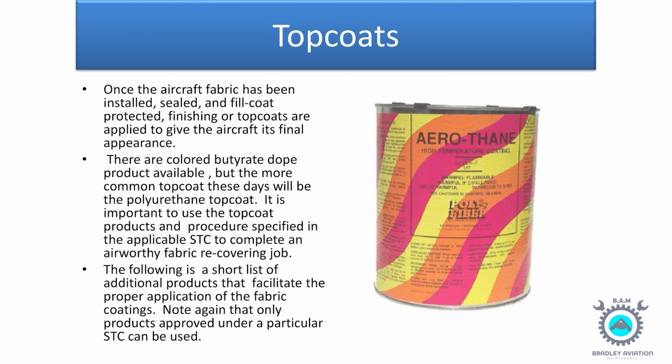Top coats. Once the aircraft fabric has been installed, sealed, and fill coat protected, finishing or top coats are applied to give the aircraft its final appearance. There are colored butyrate dope products available, but the more common top coat these days will be the polyurethane top coat. It is important to use the top coat products and procedures specified in the applicable STC to complete an